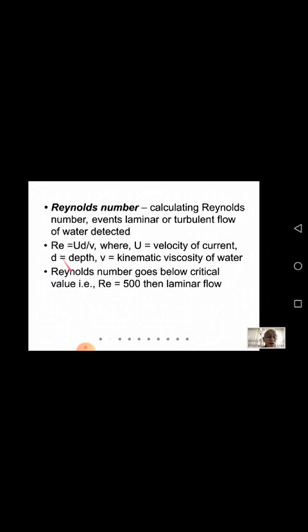If the Reynolds number goes below the critical value, that is Re 500, then the flow is laminar. So after calculations with this kind of data, that is U, the velocity of current, D, the depth, and V, the kinematic viscosity of water,